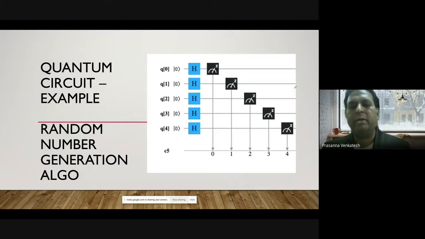The circuit you are seeing is used for a random number generator. In a typical programming language, you put random of some range that you give, and it automatically generates a number. But here we are saying it's a 4-qubit or 5-qubit based random number generator, and you utilize some gates and operations for getting the final output. We will see more details about it.